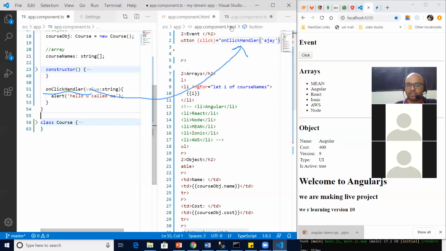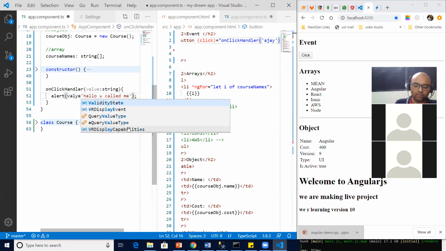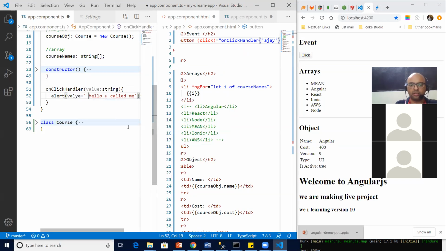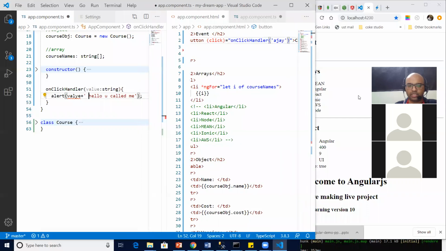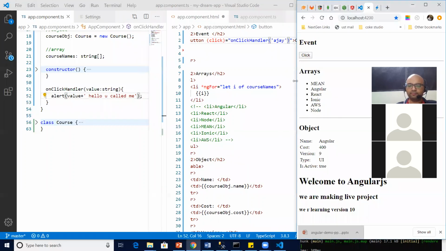So let me just print, I mean associate this also. I say value plus my message. Okay, save it. Let's see will it work or not.